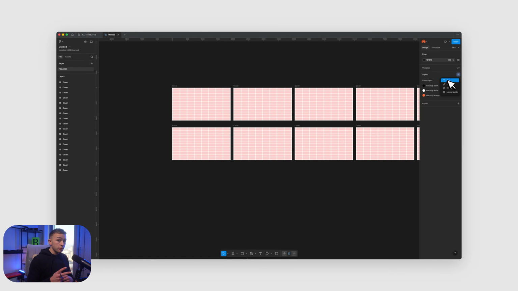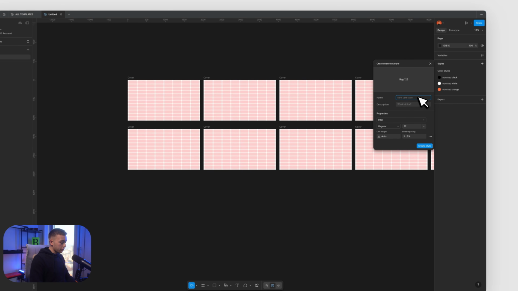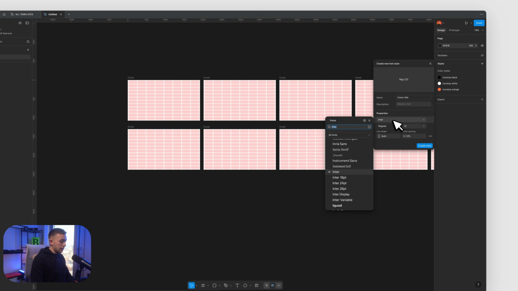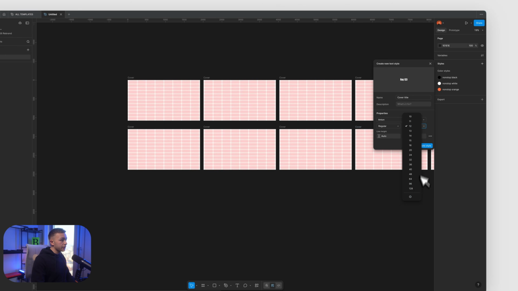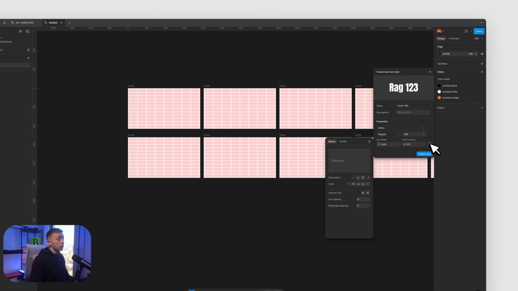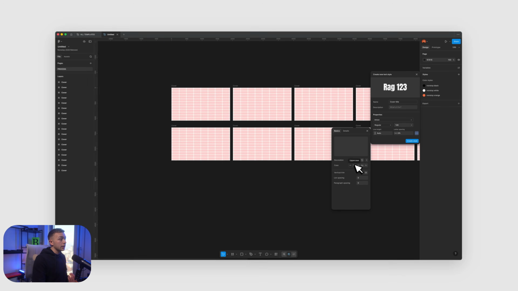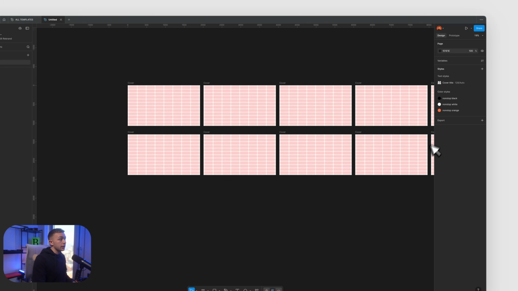So the 2 typefaces that I'm going to be using for this document are Anton for our headings and then Zara for our body copy. So if we click text, we're first going to create a cover title, and we're going to make that Anton, and then we're going to change the font size to 128. And then if you click the 3 dots here, we can also apply settings. So there's never going to be a time where we use Anton that isn't in all capitals. So then we can go down here to case, and we can click uppercase, create style, and then now we